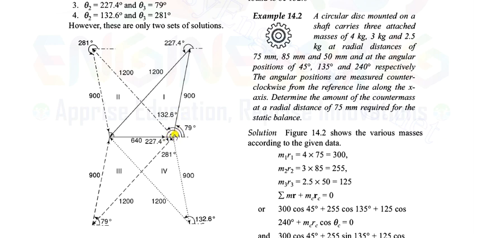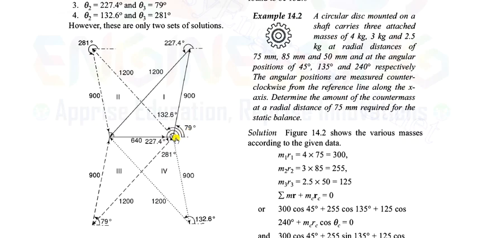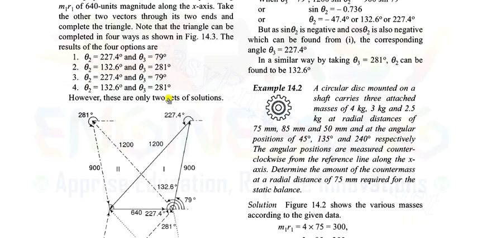Okay, so once you take 120 degrees from this point and 90 degrees from this point, the triangle will complete like this. Okay, now the first angle is, see, this is with respect to horizontal, means with respect to M1, this 120 degrees means M2 is making 132.6. See, theta 2 is 132.6.